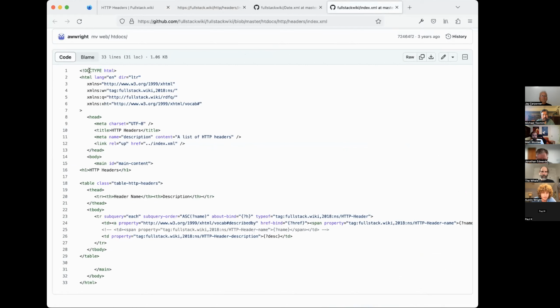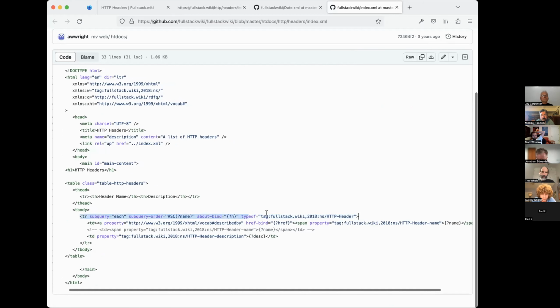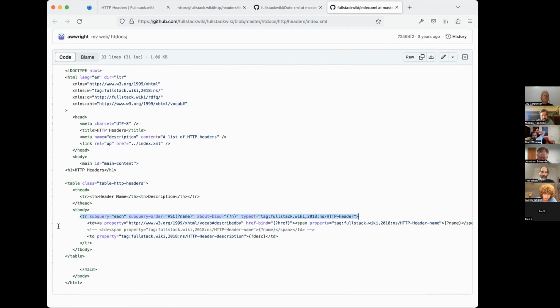What I actually have here is an RDFa template, and I say query the RDF graph that I have, and I have specific commands here that say for each result in this subquery, create a TR element in this table.